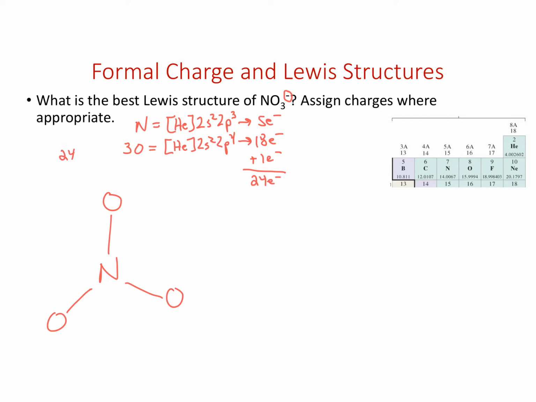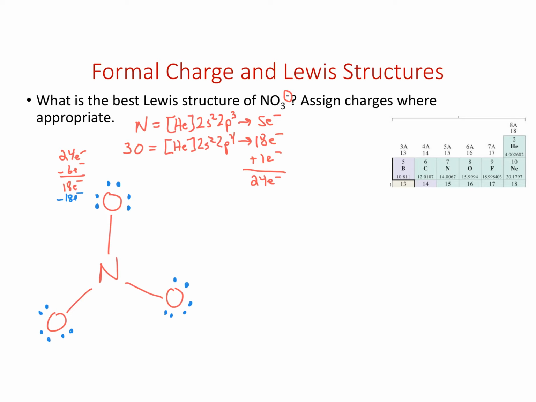I just assigned 6 of those electrons, so I've got 18 electrons left. Let's fill the octet for the outer oxygens. 1, 2, 3, 4, 5, and 6 makes 8 for that oxygen. 1, 2, 3, 4, 5, and 6 makes 8 there, and 1, 2, 3, 4, 5, and 6 makes 8 there. So now, 6 and 12 and 18, I've assigned all 18 valence electrons that